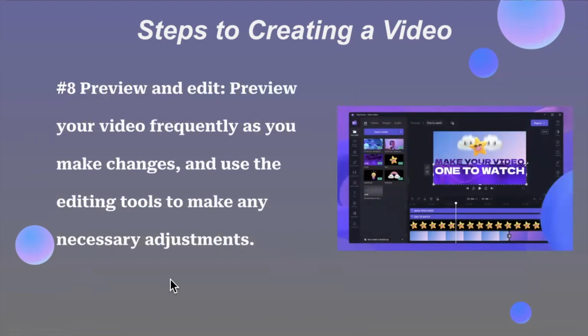Next, you want to preview and edit. And this allows you to ensure that you have what you want and you're happy with your final product. And it's recommended that you preview your video quite frequently as you make changes and edits. So then you can use the editing tools along the way to make any adjustments that are necessary, rather than